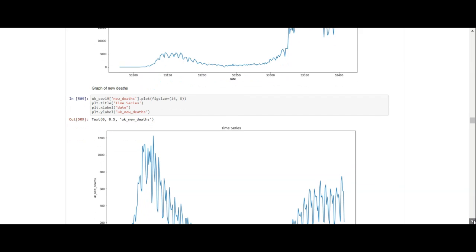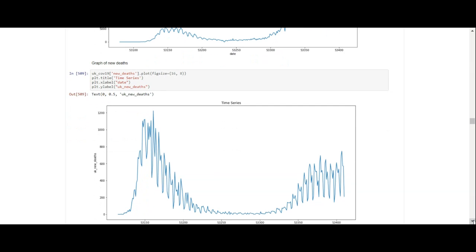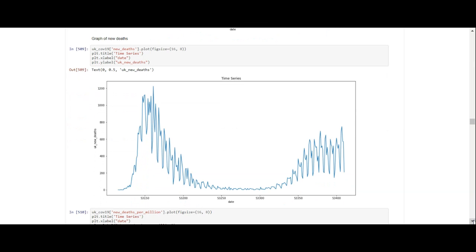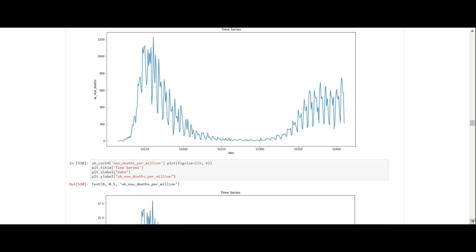You can look at the deaths in the UK, and you can see that in the very beginning they had a lot of deaths, and then the deaths went down to a manageable level, and now the deaths are starting to go up again, which is why we're having a lockdown, because the NHS can't cope with the number of people who have COVID and the medical treatment that they need.